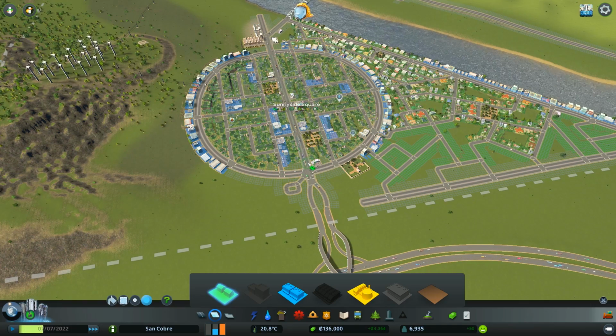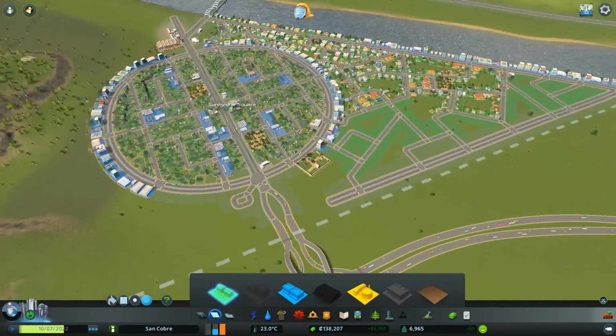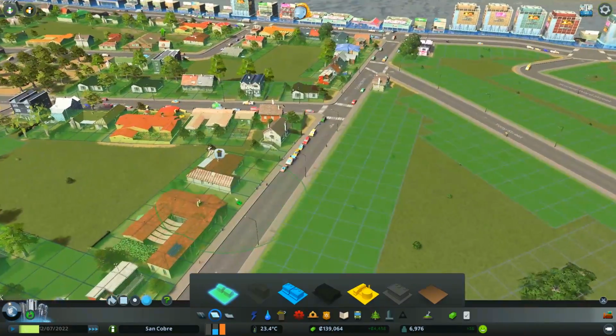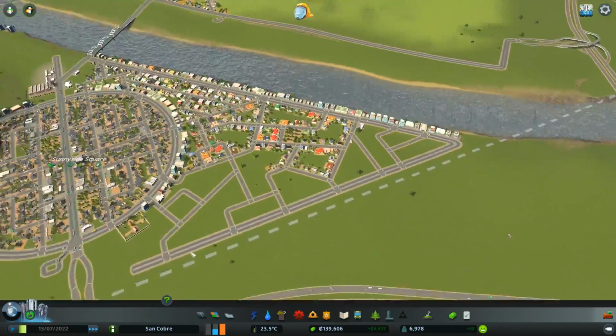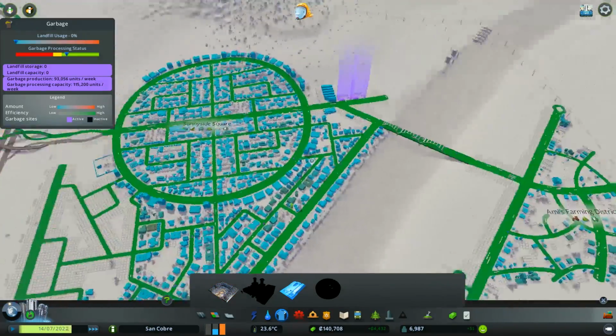It seems like we're holding steady at about 50 people per week. It is kind of dipping a bit to the mid 40s, but it's staying around 50, which is fine. So essentially now our city is doing quite well. And if we look, ooh, what's this? Is this garbage? Yeah, garbage is piled up. All right, we need to, I guess, throw down another recycling center,